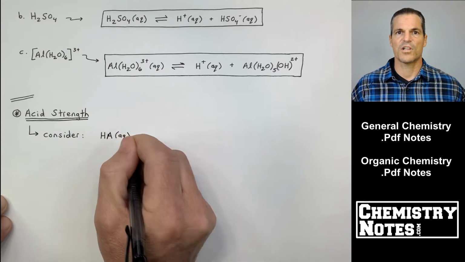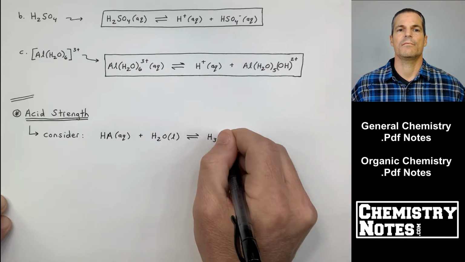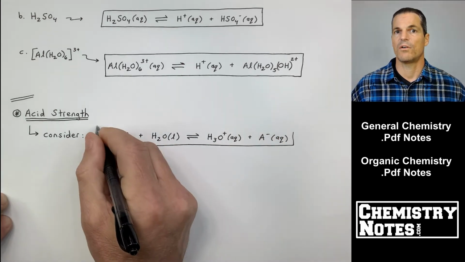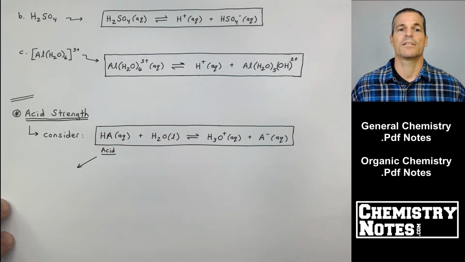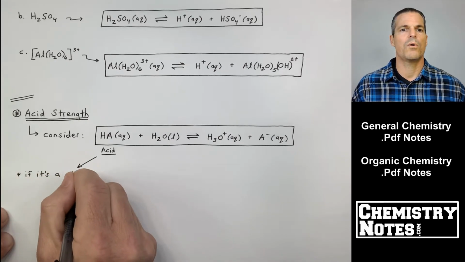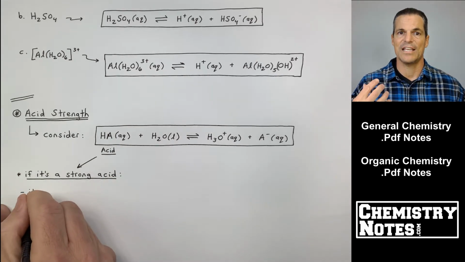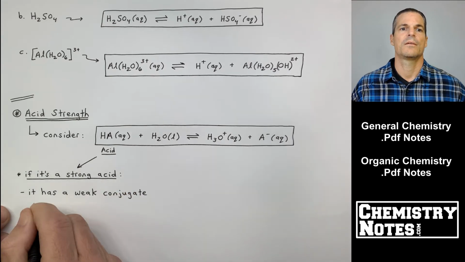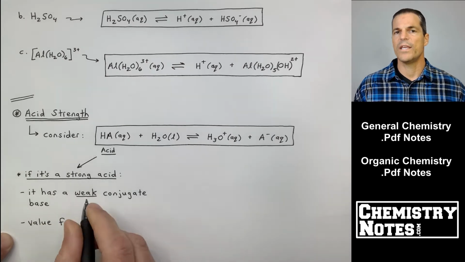All right, let's finish off with acid strength. Here is my reaction that we've seen before. It's a general acid reacting or dissolving in water. HA, or I should say reacting with water in this case. But HA is my acid, right? And it's reacting with H2O. Water's acting as a base because it's accepting or receiving or gaining an H plus. How do I know? Well, just look at the product. It's H3O plus, right? So if that acid, HA, is a strong acid, it's going to have a weak conjugate